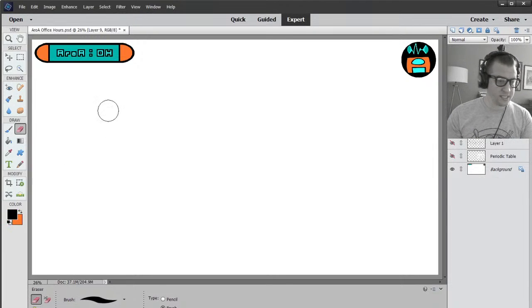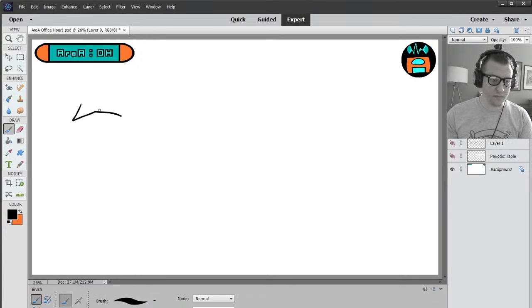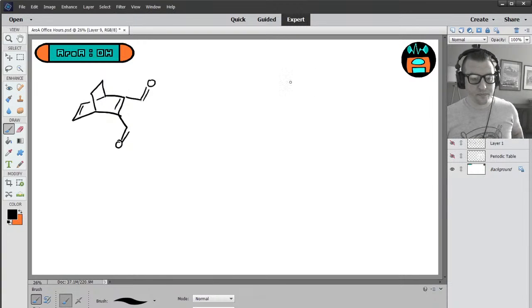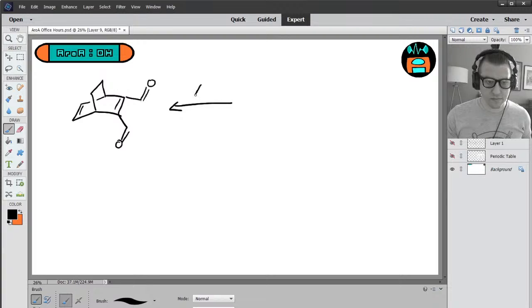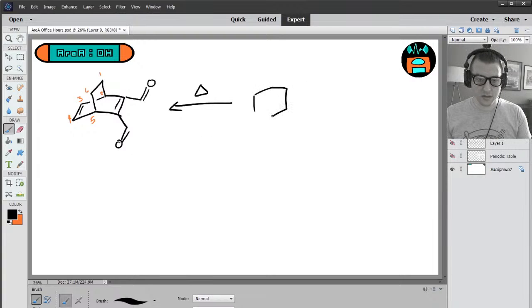So here. So this is the diene that we're talking about. We've got a couple aldehydes hanging off. All right, and so your assessment is spot on. Whenever you see these fused ring systems, you know that your diene was a cyclohexadiene. 1, 2, 3, 4, 5, and 6. So that's spot on. Your diene was indeed